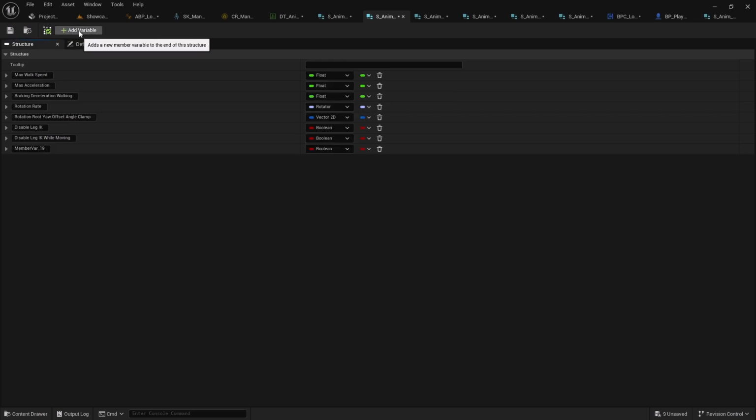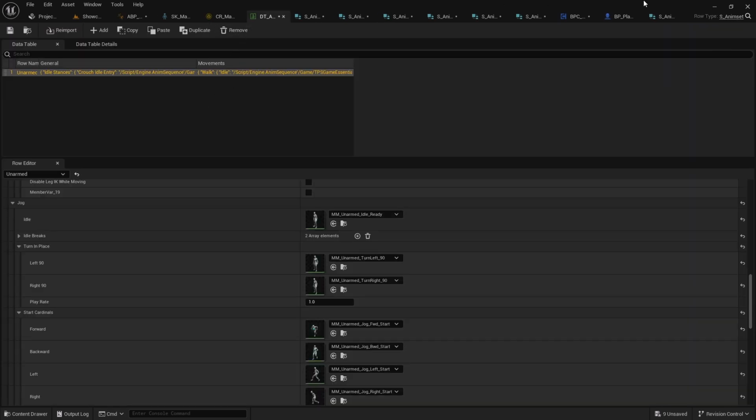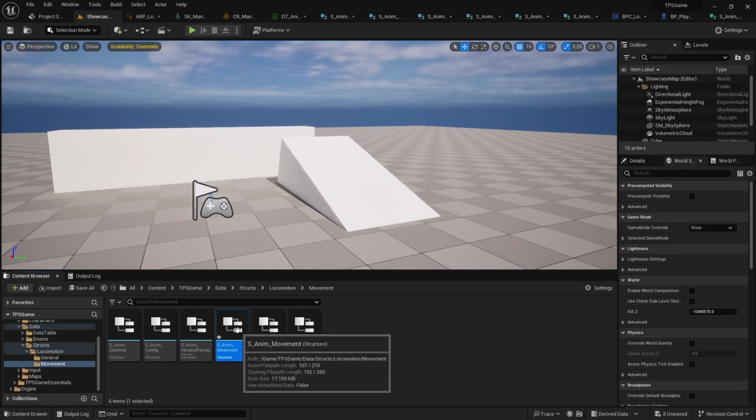So I'll add a new variable. I'll name it as what? Disable root to offset. Or maybe I can simply call it disable turn in place, right? Let's say disable turn in place. Maybe move it to here. Save it. Let's save this one